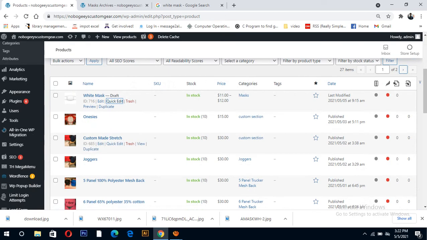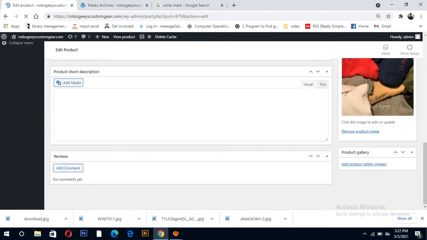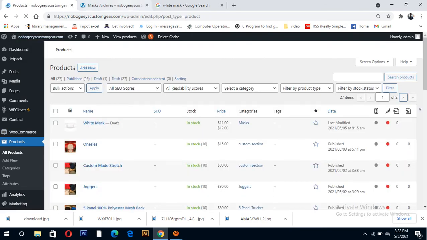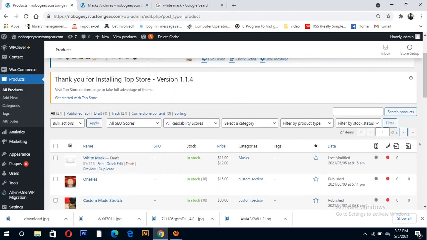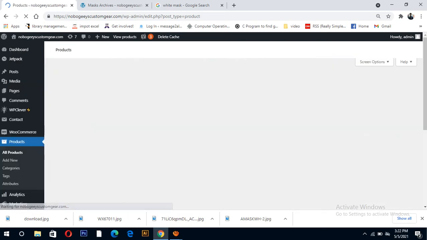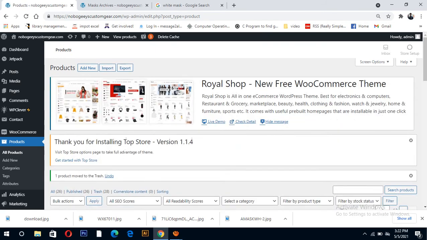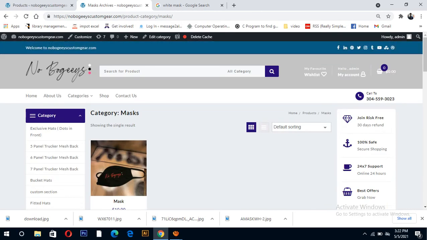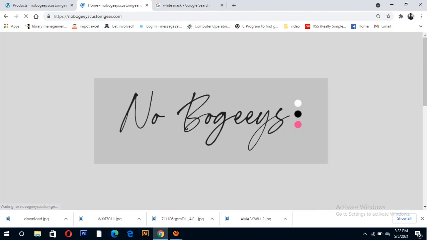If you want to update any product, you can go to this product and change the title and everything. And here too you can see one product. This is only for your work, adding products, and if you don't need it, click trash. Now I can show you how this way you can add any product.